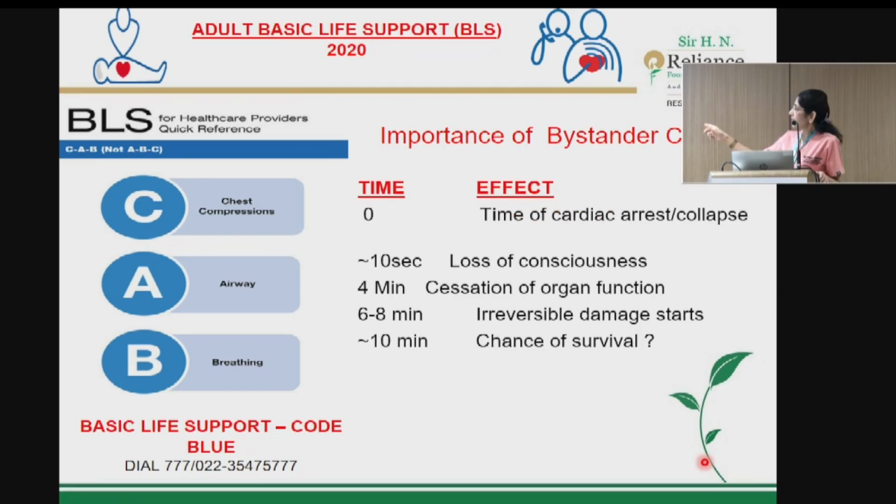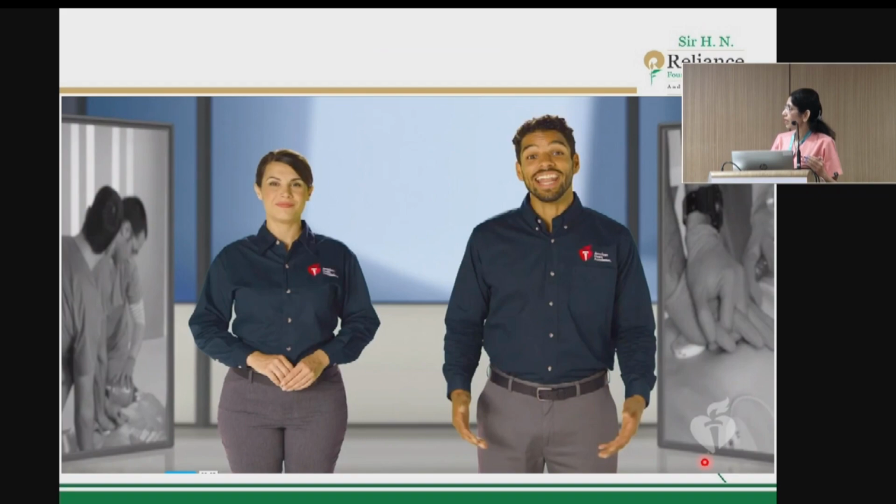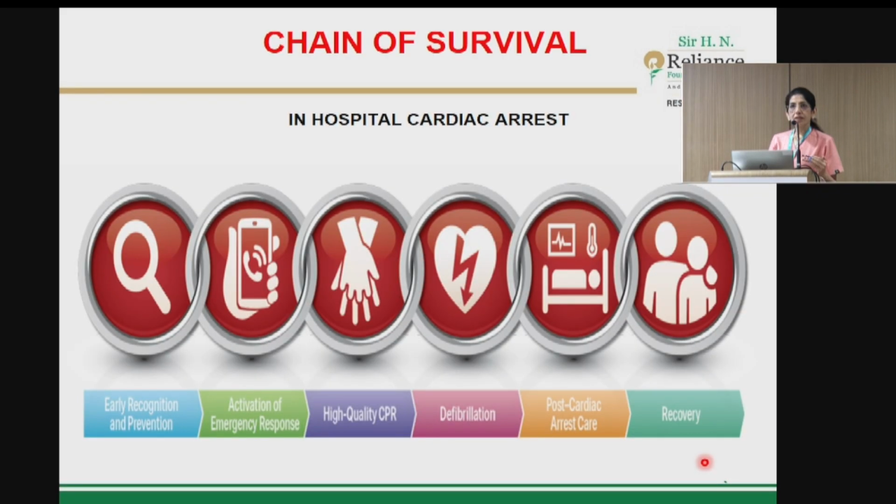Now, as you can see in this slide, once there is arrest or the patient falls unconscious or collapses, organ deterioration starts within 6 to 8 minutes. So we have to be very, very prompt and we should know the steps by heart and be very familiar with them, so that without wasting much time we can start the resuscitation. So let's run through these steps now. Whether it is in-hospital or outside hospital arrest, the steps remain the same.